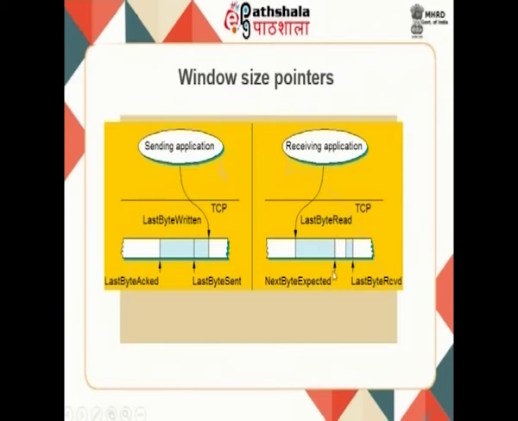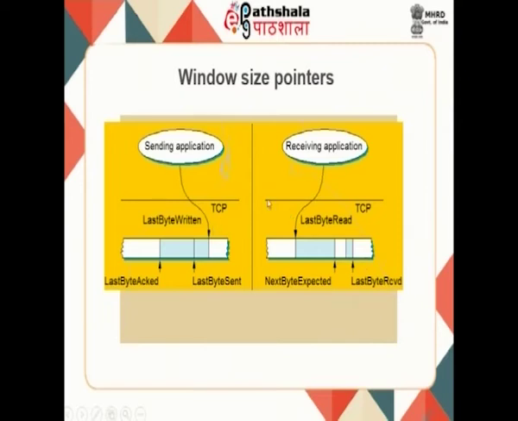So, up to this has been received in order. So, the next byte that it is waiting for is this particular byte, which is exactly after this. So, there is some unreceived number of bytes in this buffer. Okay. Some additional bytes have been received after this, but they are not in order. Since it is not in order, this is the last byte received, but this will be the next byte expected. Okay. So, with these 3 pointers on the sending side and 3 pointers on the receiving side, TCP does its